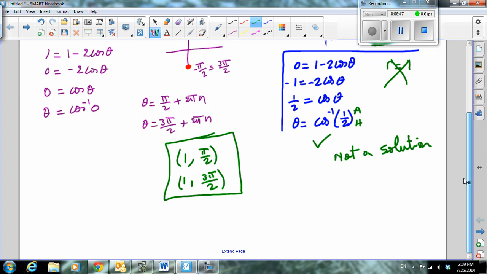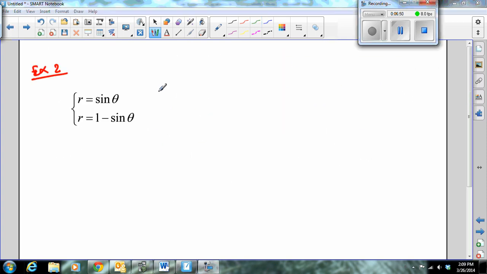Let's go ahead and look at another example. Let's look at example 2. Example 2 now says r is equal to sine of theta and r equals 1 minus sine of theta. So what I would do is solve this algebraically. The first thing I would do is say, since these two both equal r, sine of theta is therefore equal to 1 minus sine of